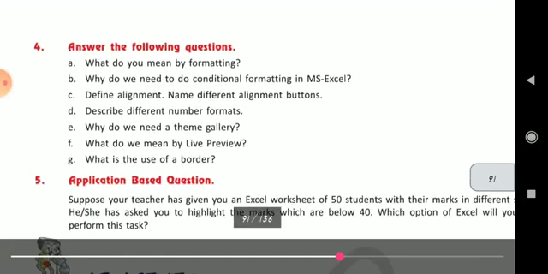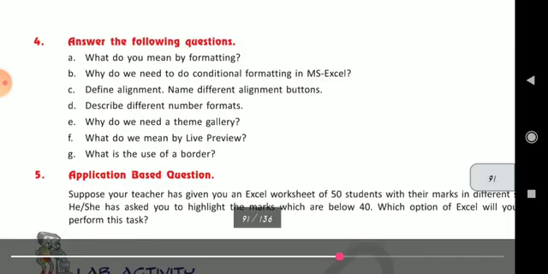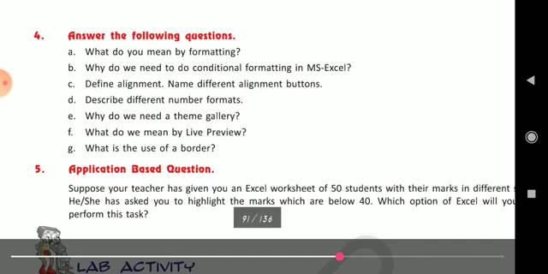Now coming to the main part, answer the following questions. So what do you mean by formatting? In the above also we had read, formatting means displaying the worksheet in an attractive and more legible outlook.